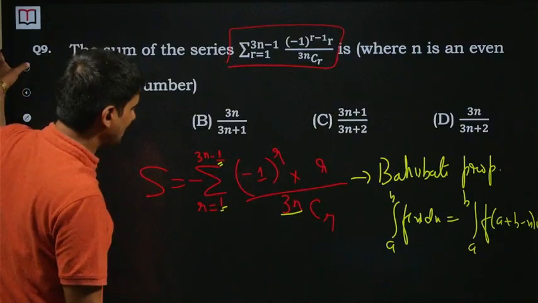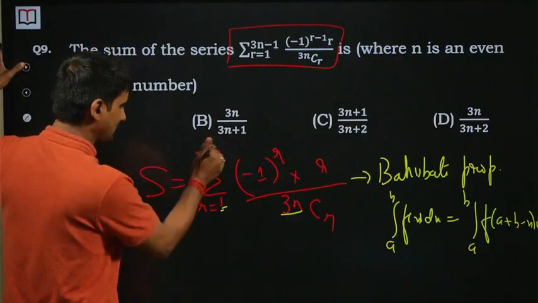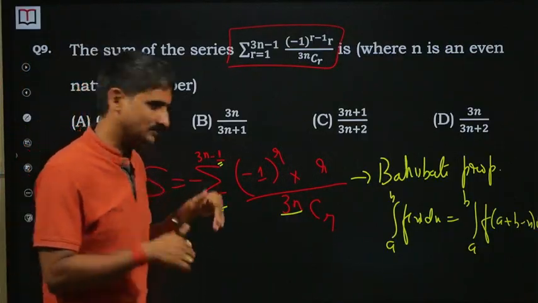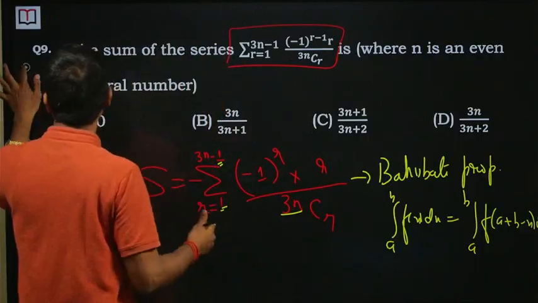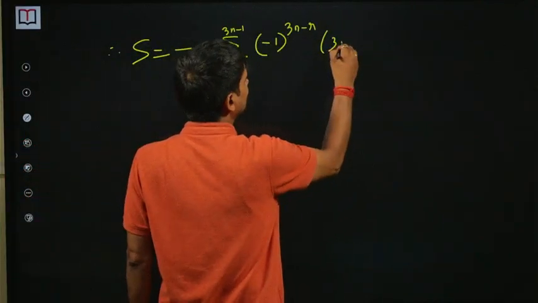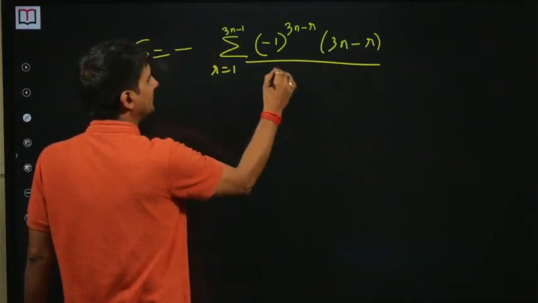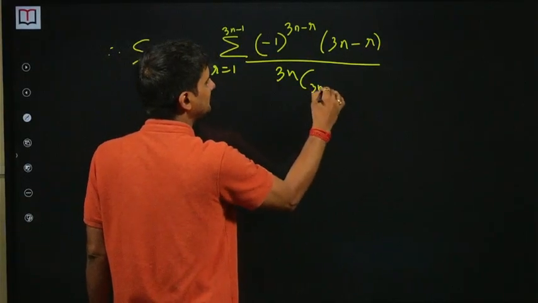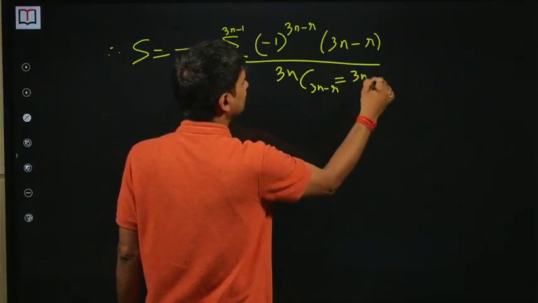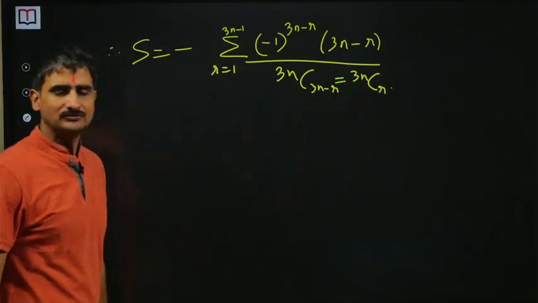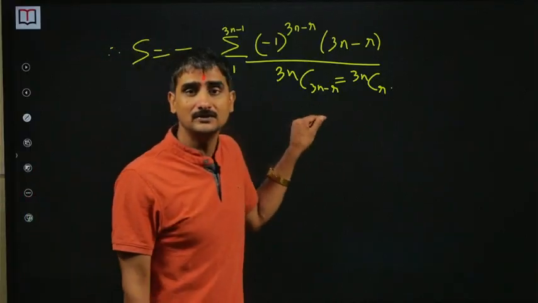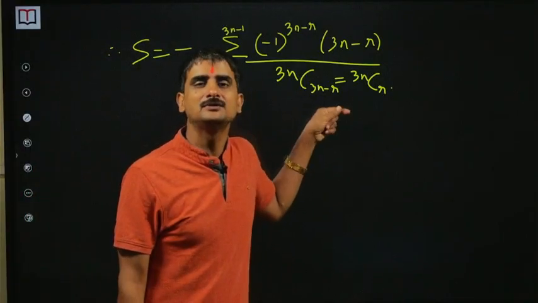So it's 3n minus r replacing, because the sum of lower and upper limit is 3n. So I'm replacing r by 3n minus r, and then it is 3n minus r upon 3n choose 3n minus r, which is actually